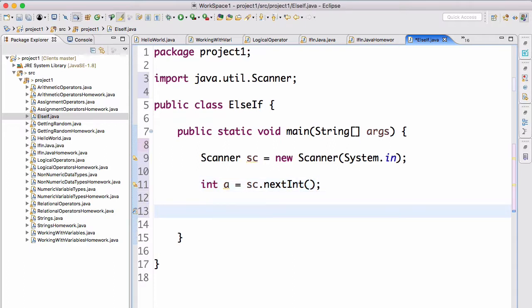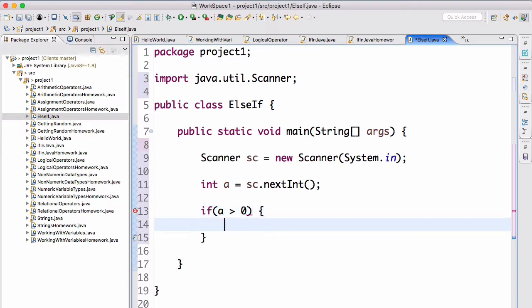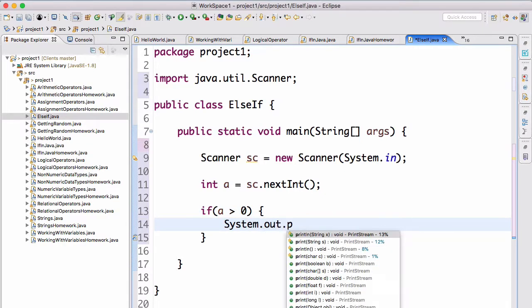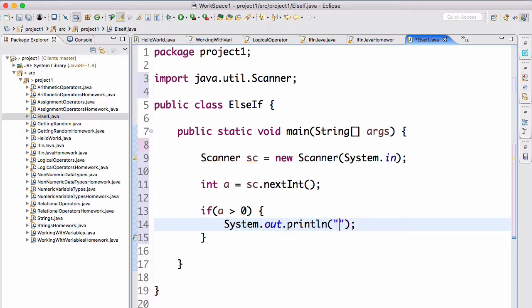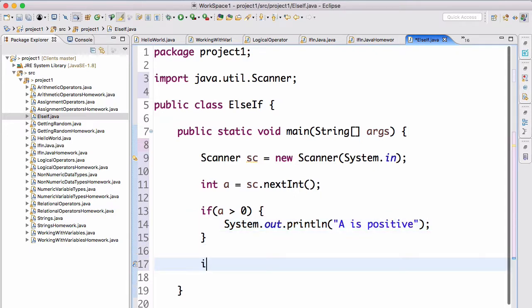Okay, so what is our objective? Well, our objective is to not check whether or not a is less than 0 or equal to 0 if a is more than 0. That's actually what we're going to do. And so, to do that, we're just going to do if a is more than 0, we're going to print a is positive, right? And then we're going to have if a is less than 0,